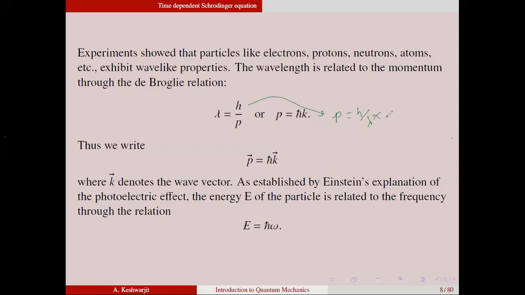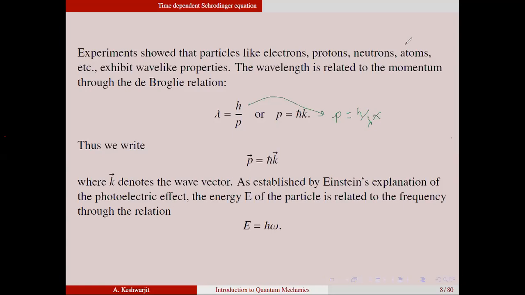To this, you divide and multiply by twice pi, or in other words, you divide h by 2 pi and then you divide 2 pi by lambda. So this can be written as